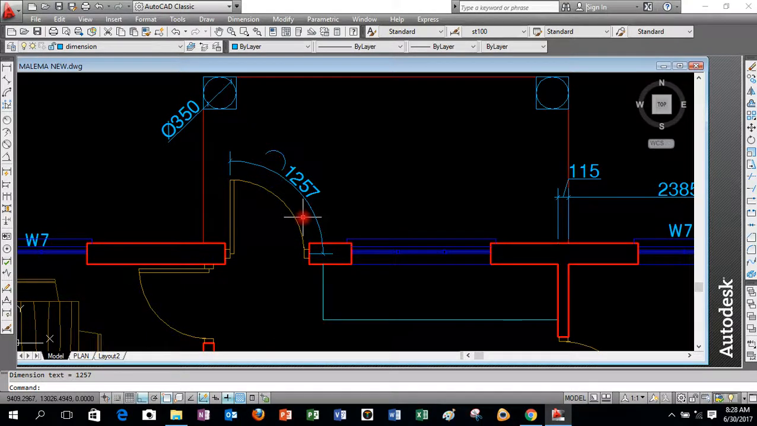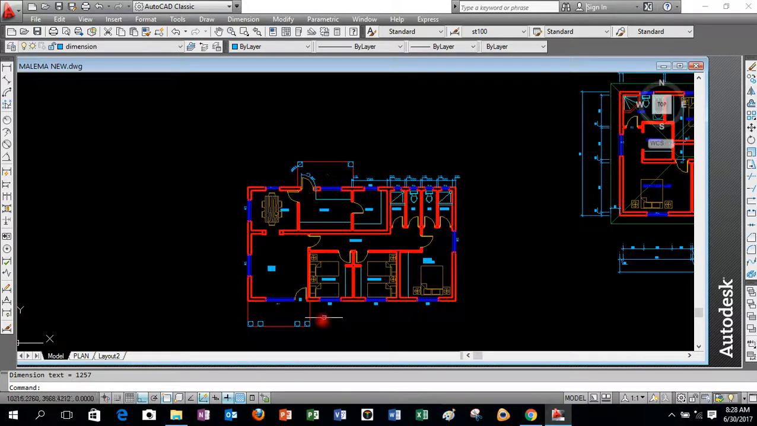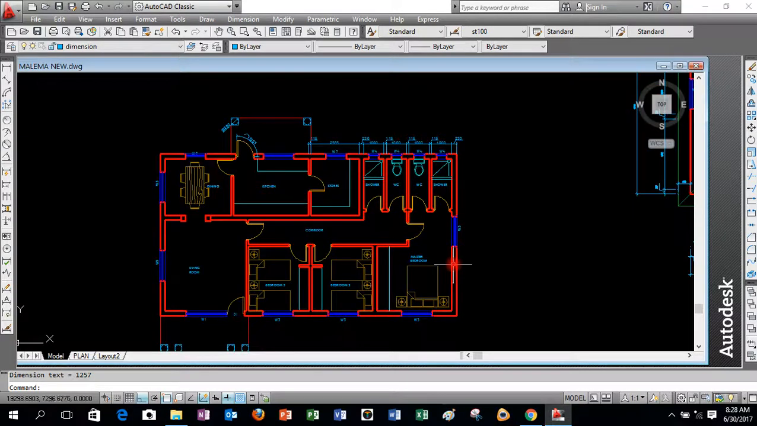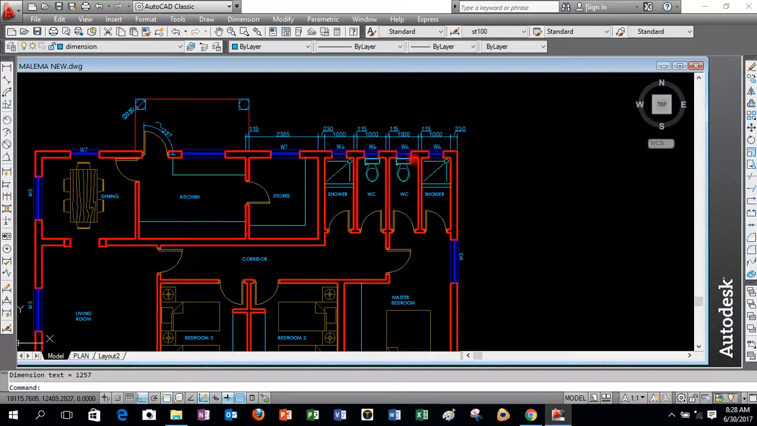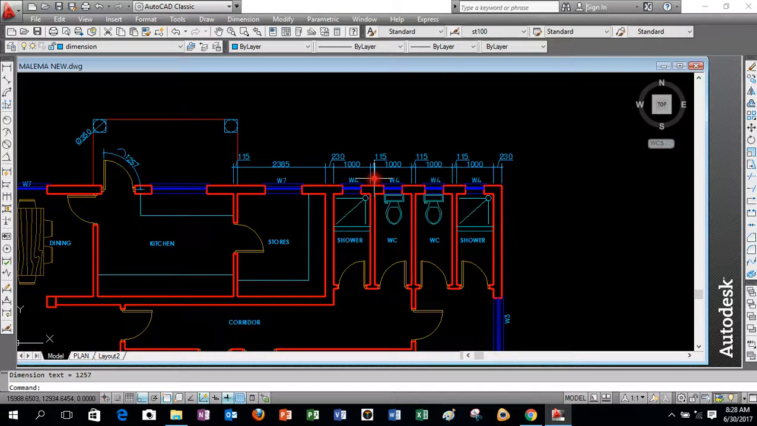So sometimes it's important that you need to determine that arc length. Yeah. So I believe that should be very easy for you to dimension the length of the rest of the drawing. But whenever you are dimensioning, you need also to take into account that the dimension should not confuse the appearance of